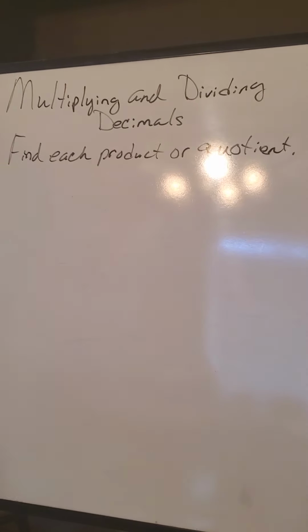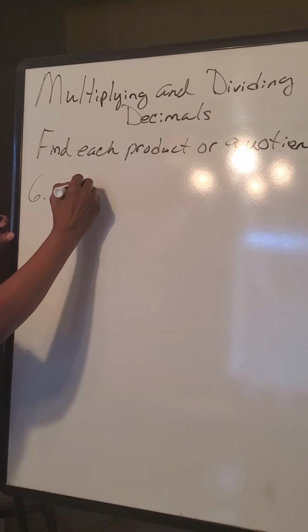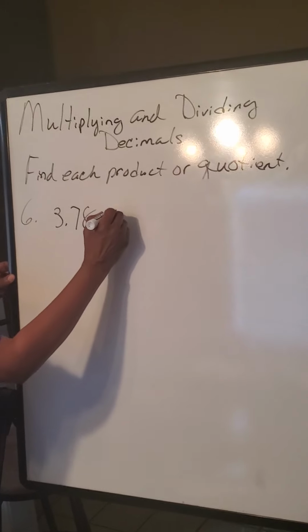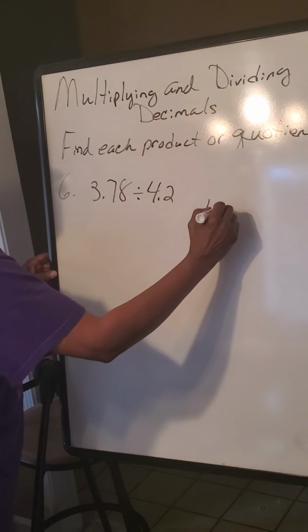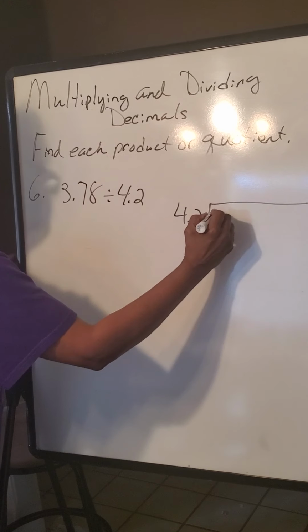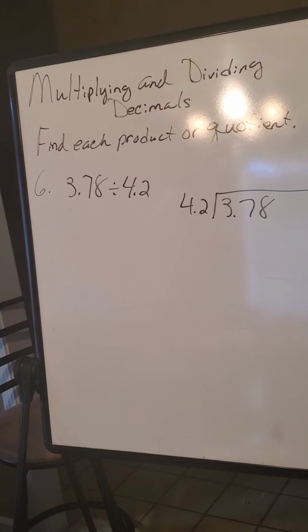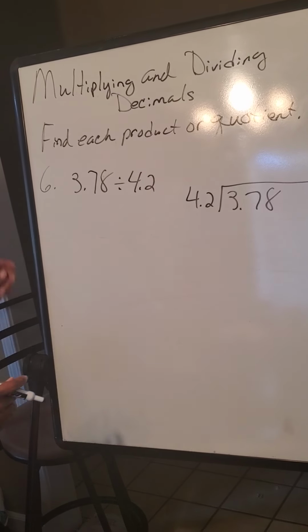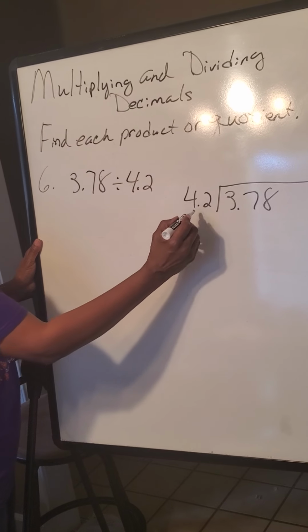Example 6. If I had 3 and 78/100ths, and I want to divide it by 4 and 2/10. So we're going to set up our division. Now, when we're dividing decimals, we want our divisor to be a whole number. So in order for this divisor to become a whole number, I need to shift my decimal 1 place to